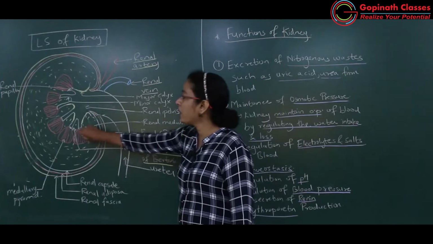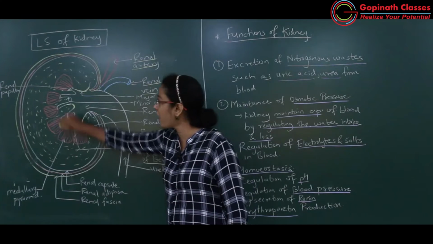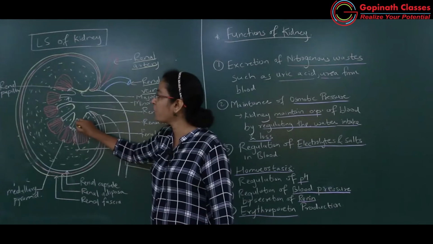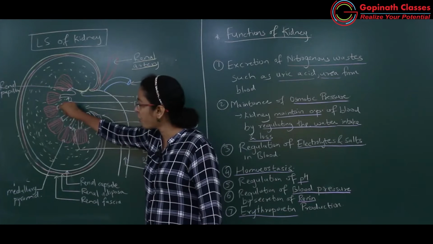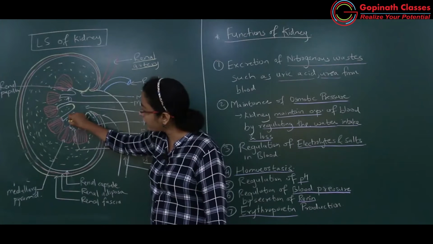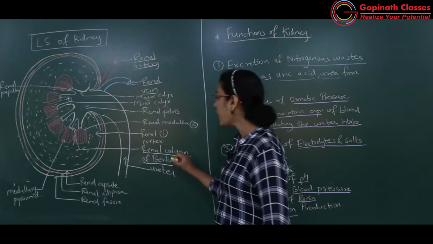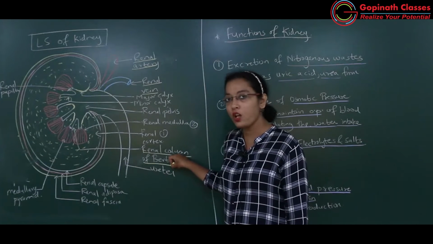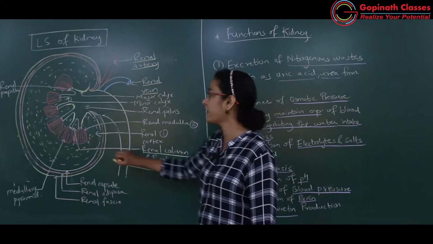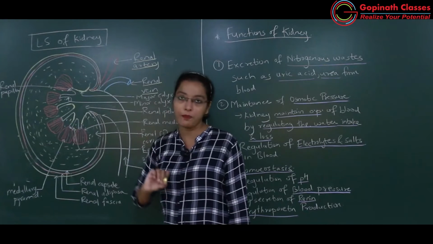Okay, then what is this region? See, this is the dotted region which is indicated as renal cortex, and renal medulla is having medullary pyramids. But you can make out there is continuity of the cortex in the medulla region also. Okay, so in medulla region, the part of the cortex which is continuing, what do we call that part? Renal column of Bertini. So all of you understood what is renal column of Bertini? Renal column of Bertini is the region of the cortex which is continued in the medulla part.